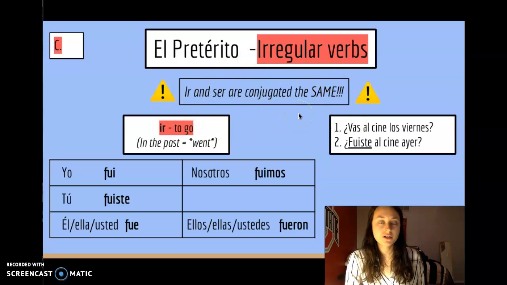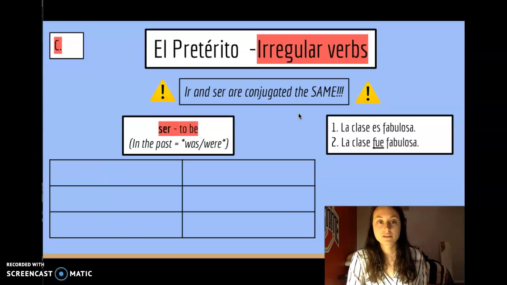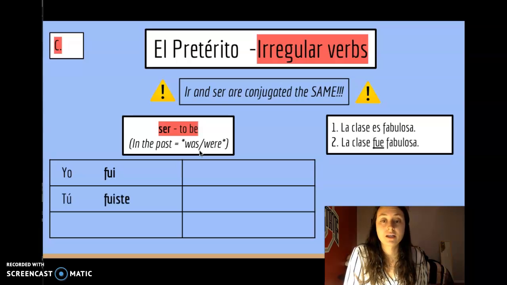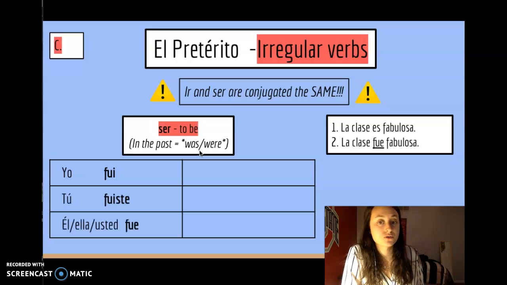Then what does it say here? Ir and ser are conjugated the same. Okay? I don't believe it. Believe it, they're the exact same verb, conjugated the same. Different meanings, so you have to know from context, but we write them the same. So ser is to be, like yo soy, tú eres. So in the past it was or were. So if you want to say I was, you'd say yo fui, tú fuiste, él, usted fue, nosotros fuimos, y ellos